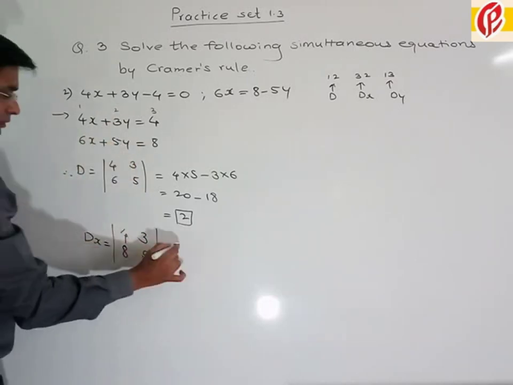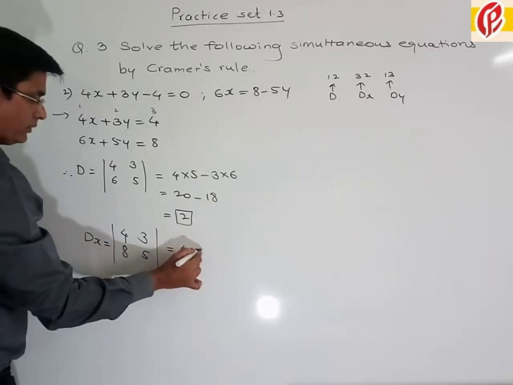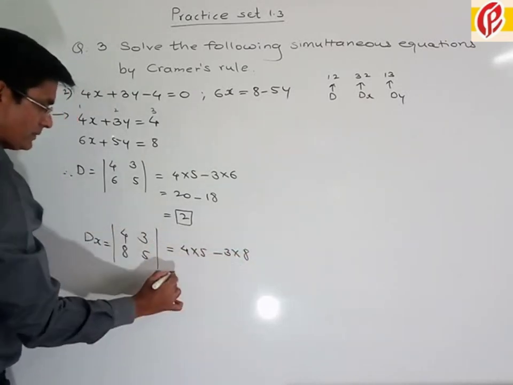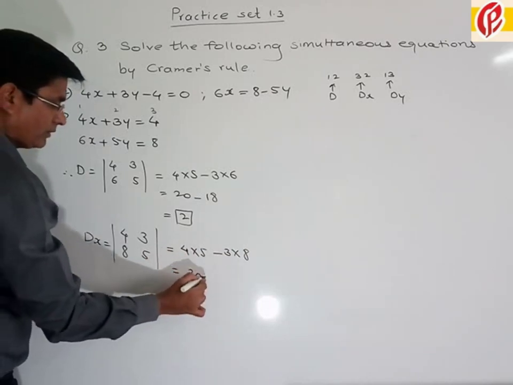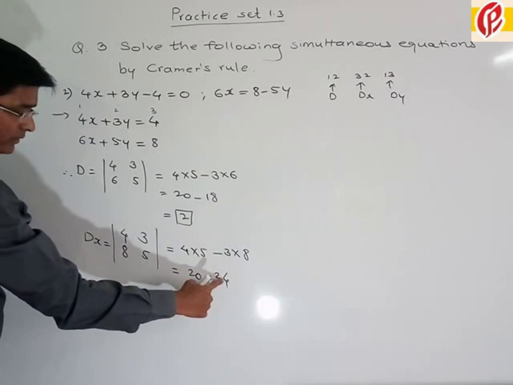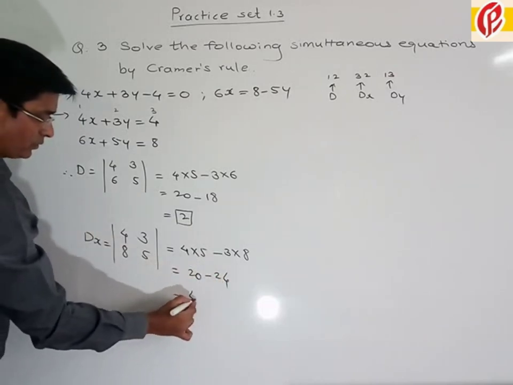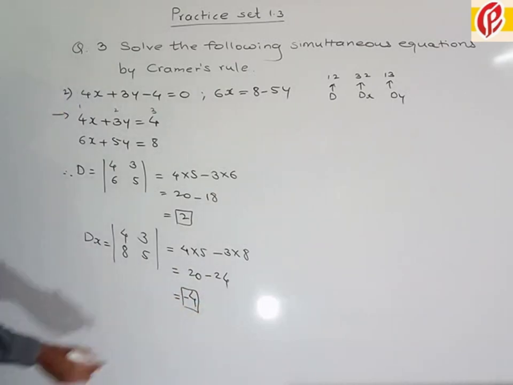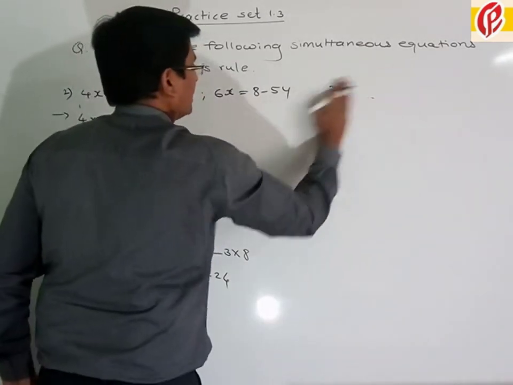So cross multiplication: 4 into 5, then minus sign, 3 into 8. 4 into 5 is 20, and 3 into 8 is 24. So 24 minus 20 is 4, and we take the greater number's sign, minus 4, so we get dx. Then dy. dy is equal to